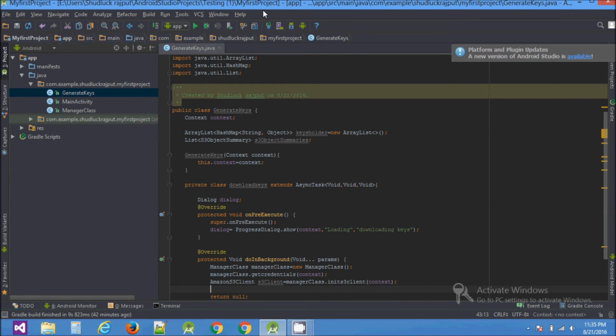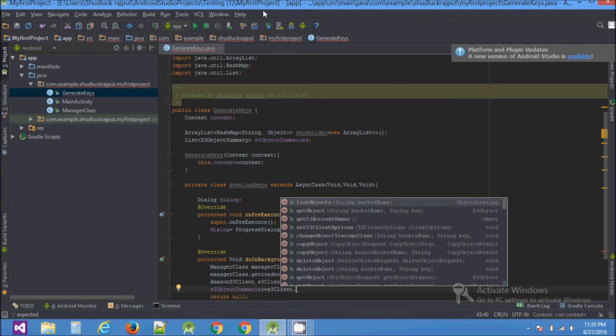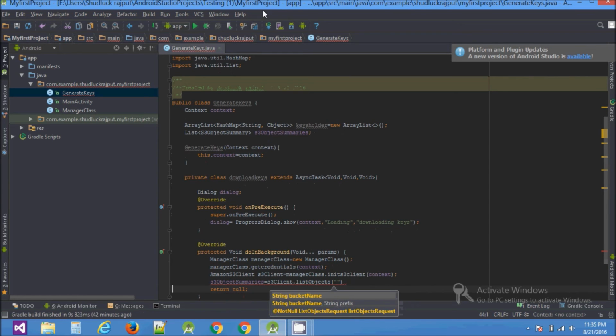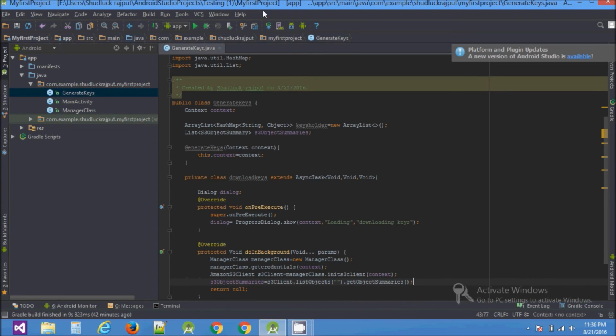So let's use s3ObjectSummaries equals s3Client.listObjects, bucket name. For now, just type your bucket name here, .getObjectSummaries. I think we should use a more appropriate way.